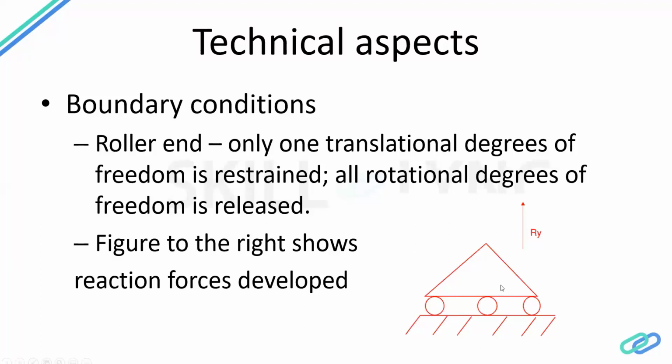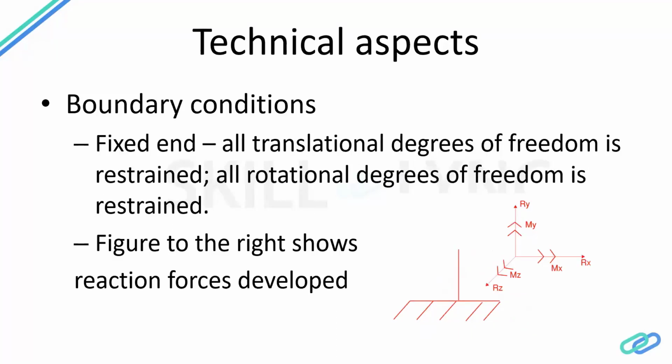A good real life example of this kind of support would be a beam crossing an expansion joint in a structure. In that case, the beam has to be seated on a roller support, like a bearing pot. The intent of an expansion joint is to not transfer lateral loads induced in the two structures from one to the other. So you require this kind of support there, so that the member spanning across an expansion joint does not transfer any lateral force from one structure to the other. That's one example of a roller connection. There are a bunch of other examples as well, like in the bridge industry. So that's a roller support.